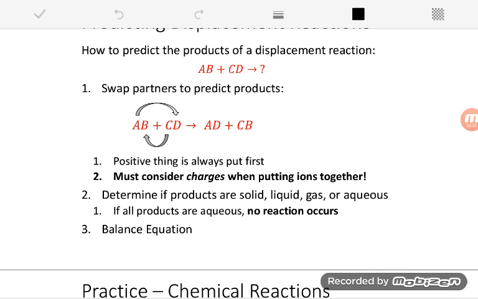By now we should be quite practiced at balancing chemical reactions. But now we're going to take it up a level, go one step further. We're not only going to balance things, but we're going to predict the products of a reaction given the reactants and then balance it. The type of reaction we're going to focus on right now is called a double displacement